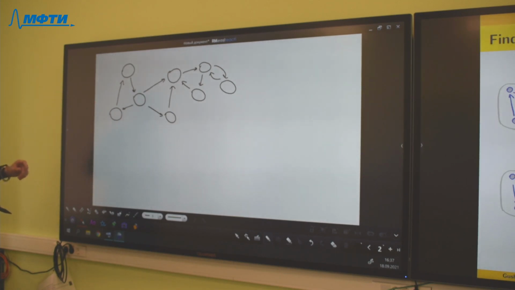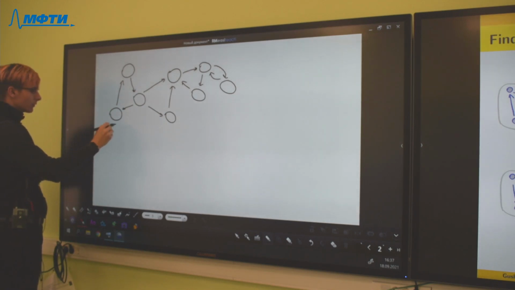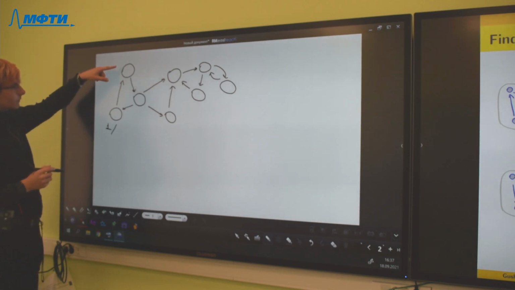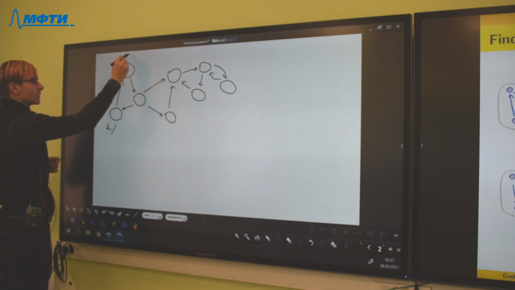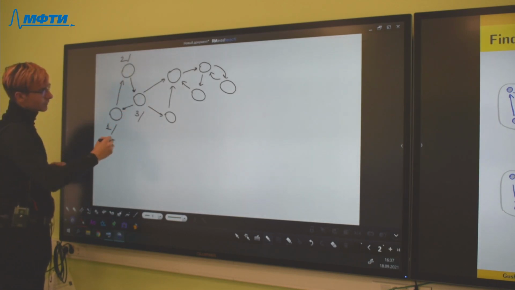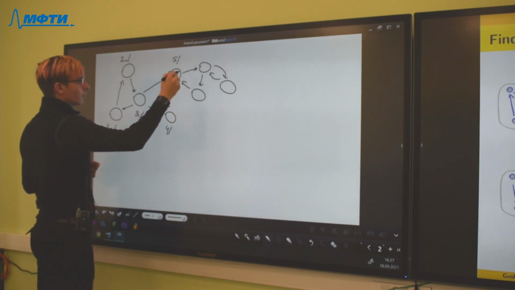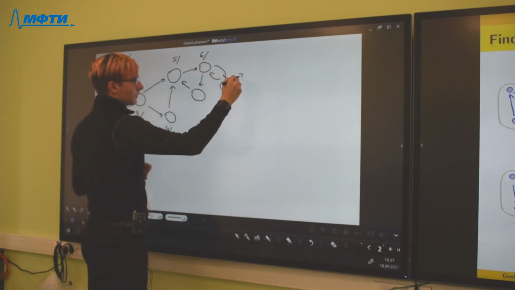And we will start with, for example, this vertex. We open it. Then we see that there is an unexplored vertex adjacent to it. Then we see this, and this, this, and this.